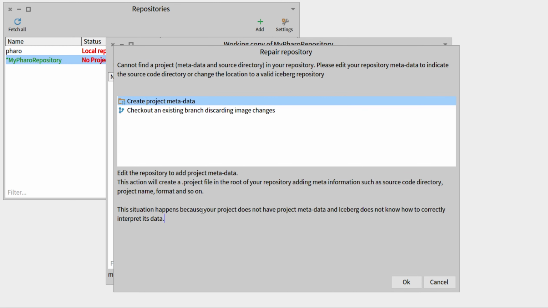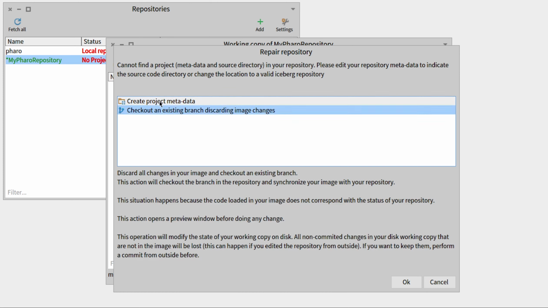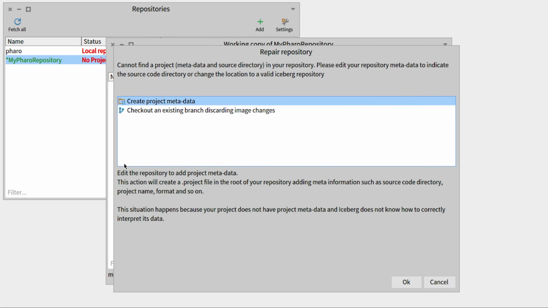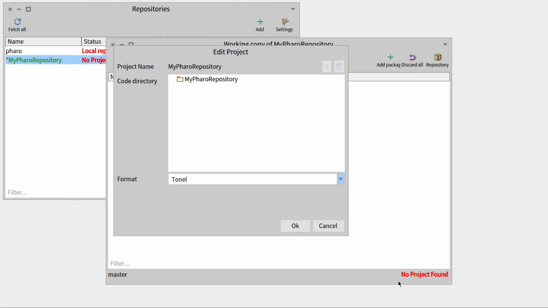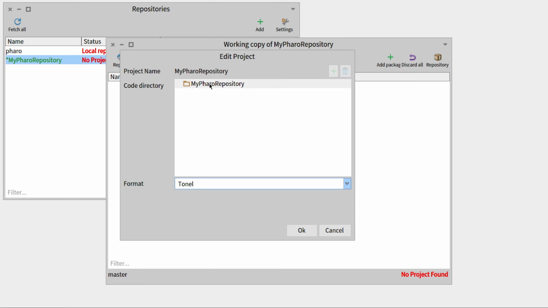We always have an explanation below the different choice. So it's a good idea to read it in order to know what you're doing. So in this way it will simply edit the repository to add metadata, so .project file, meta information, source code directory, project name, and so on. So this is what we actually need. So let's press OK. This is how the project will be edited.